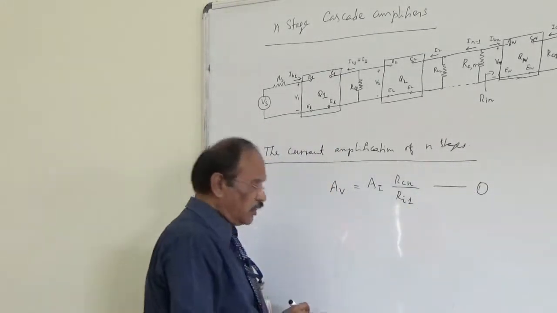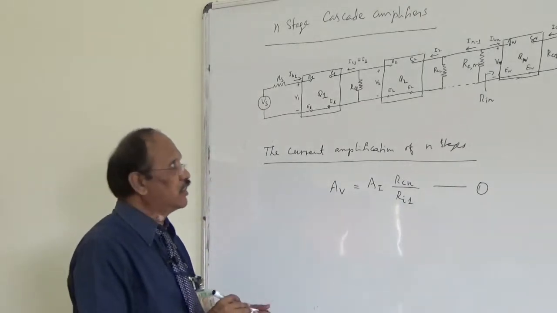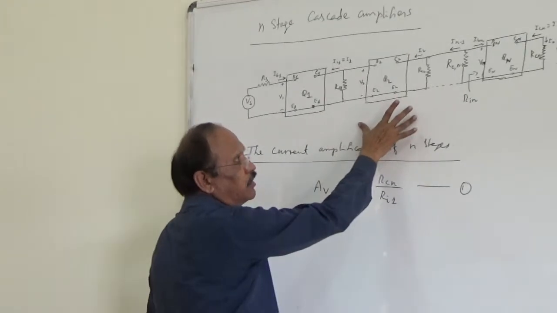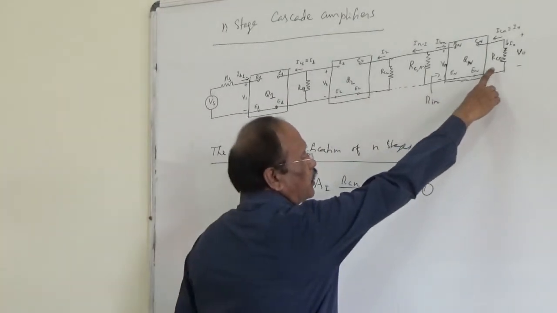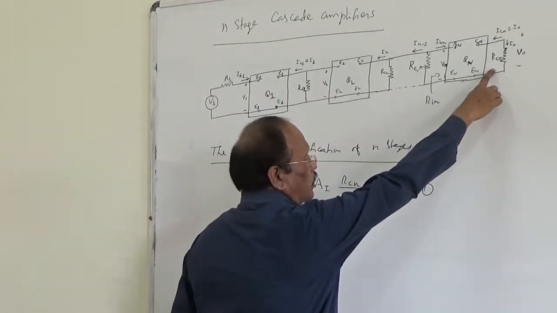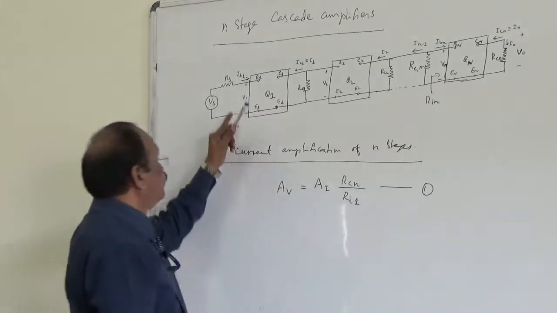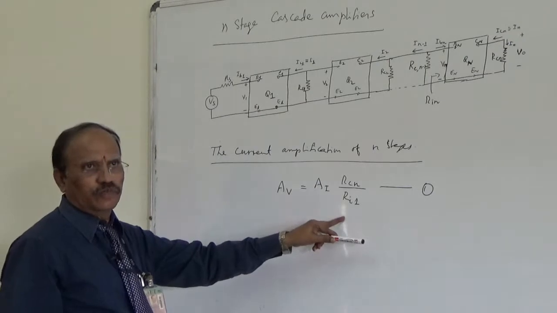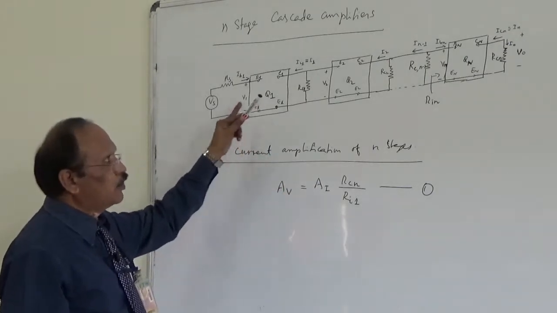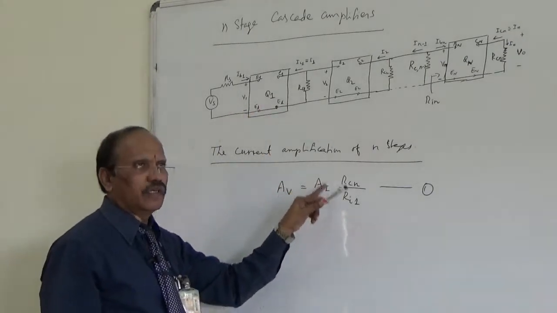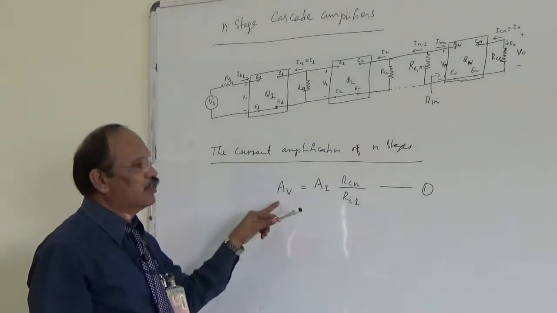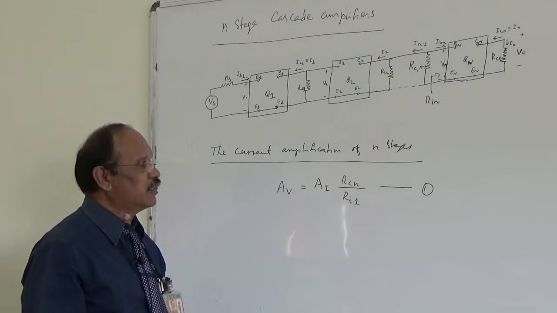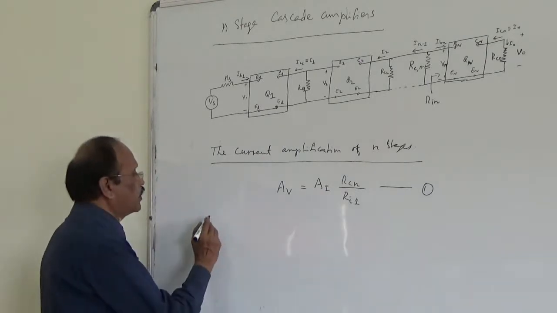So, now let us consider this n-stage cascade amplifier as a single amplifier. We can put all these stages together as a single stage, so that it will have at the output a collector resistance RCN as a load, and at the input it will have only for the first stage the input resistance RI1. So, we will take this RI1 and RCN with overall current gain. We can have this formula. So, the overall voltage gain AV is given by AI into RCN by RI1,